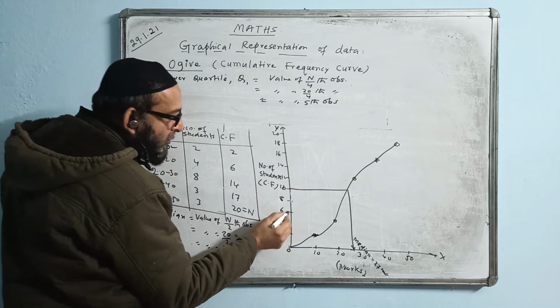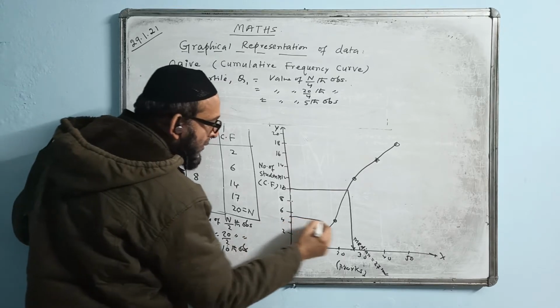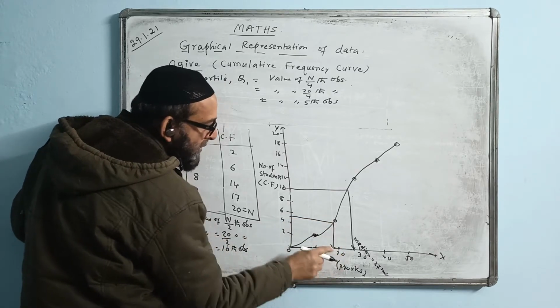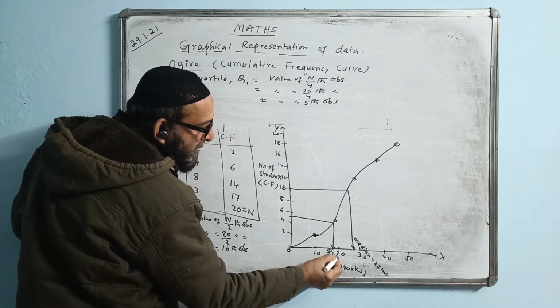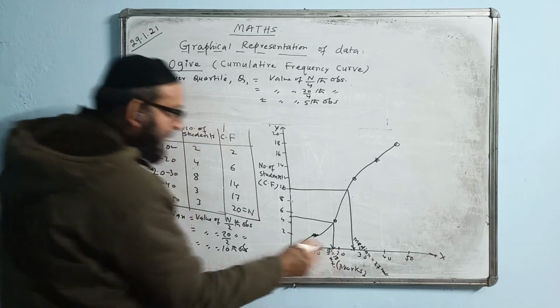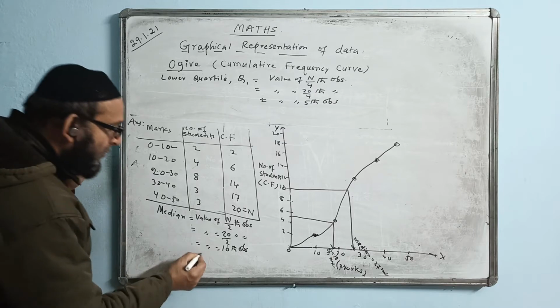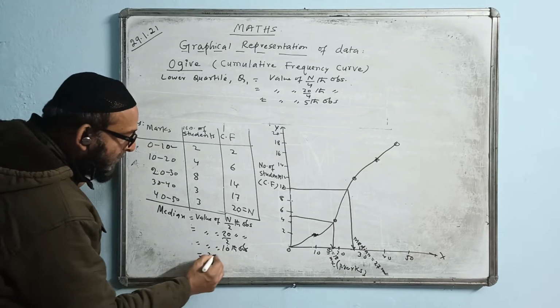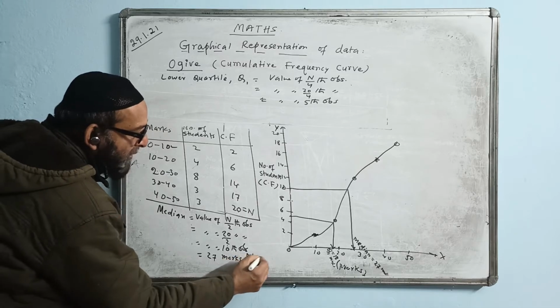The value of the fifth observation. From 5 I will start, between 4 and 6, 5 is coming, so we will start from 5 like this and bring it down. So here is the answer, this is Q1. Suppose the Q1 value is coming 18, so write 18 marks. And in the answer sheet, the median value is 10, then you can write the answer now. The answer came 27, write in the answer sheet 27 marks and make a note by graph.